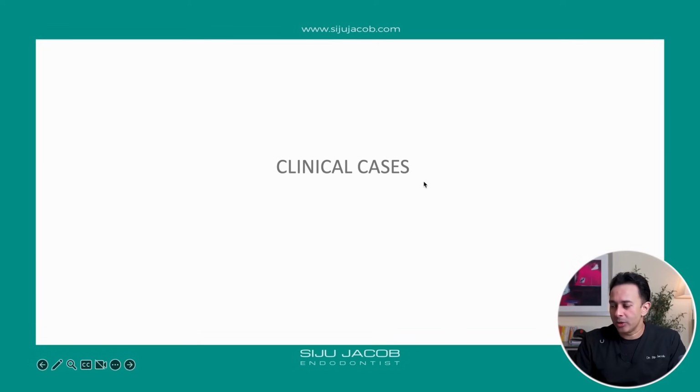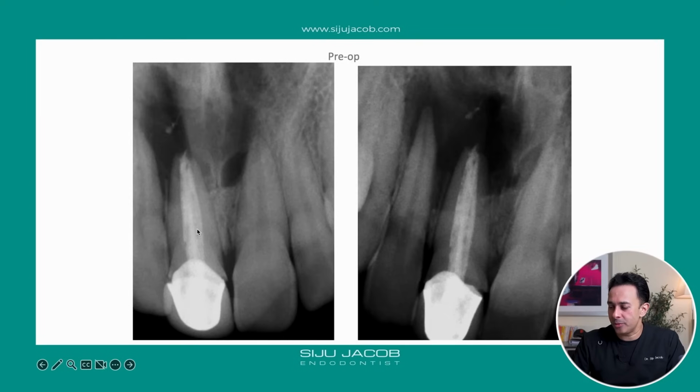Now let's look at some more clinical cases. You can see here, this is a case where somebody had treated this tooth and then the patient came back with a very large lesion. Now, how do you make a decision as to how to treat this? The problem with this sort of case is, if you look at an immediate apical barrier, it's not that easy because let's say you put an MTA barrier and then the patient continues to have some symptoms, then you are left with only the surgical option, right? So for such cases, I like to do long-term apexification.